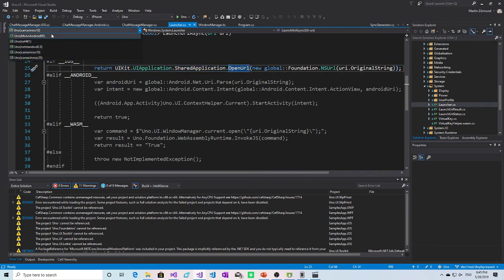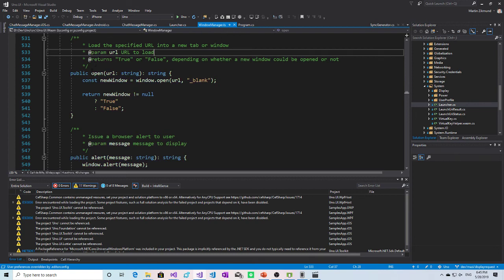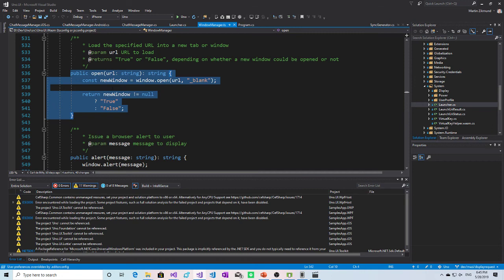When you choose Mono Android, you are using intents, and in case of WebAssembly, it's invoking JavaScript code, which is then implemented here using TypeScript, and it's just opening a new window with the URL we have chosen.